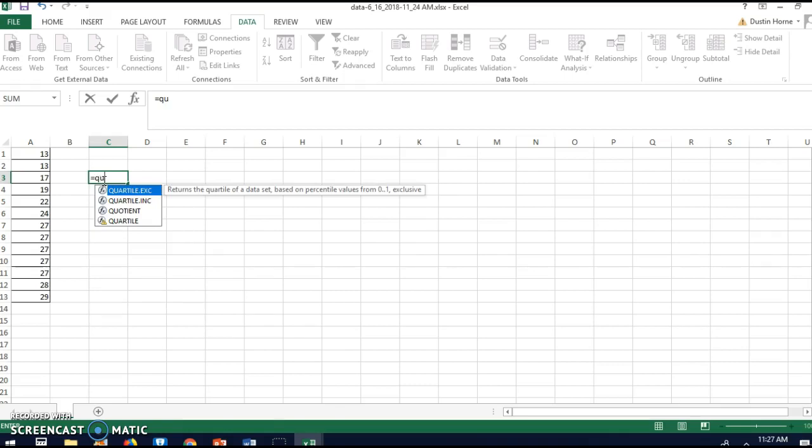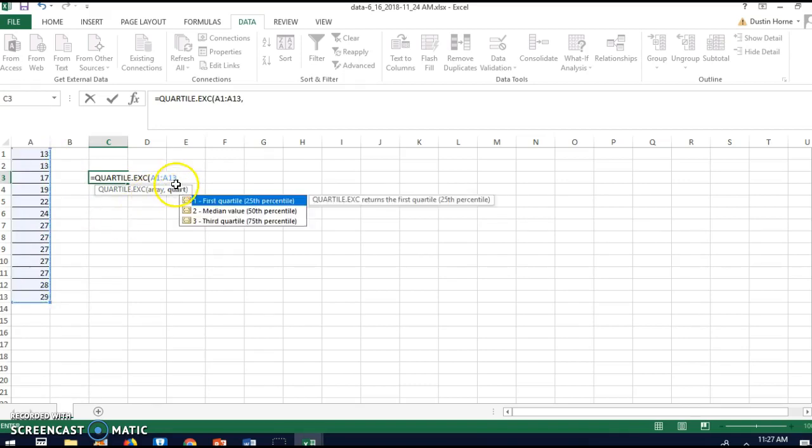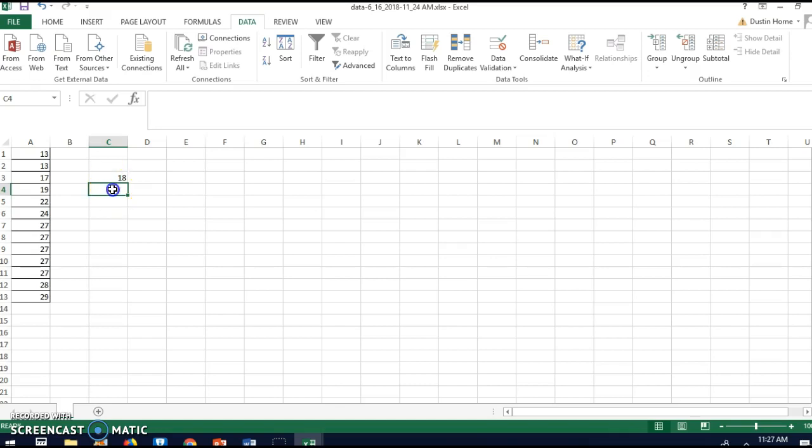Let's do quartile. And you're going to do the array. And then you're going to do the comma. And then the quartile, you can do the first quartile. And then, so you could do 1. And you get 18. And then you can do the second quartile